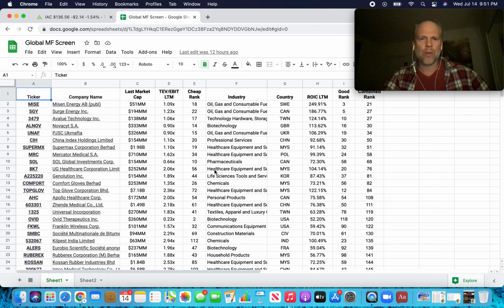So, you can see which industries are popping up in the top results for this global magic formula screen. Oil and gas and consumable fuels take the top 2 positions. There it is again. You can see which countries: Sweden, Canada, Taiwan,